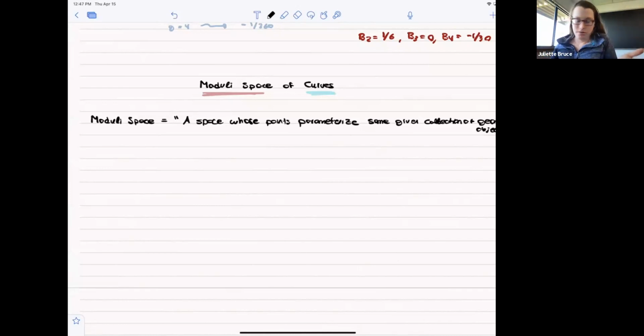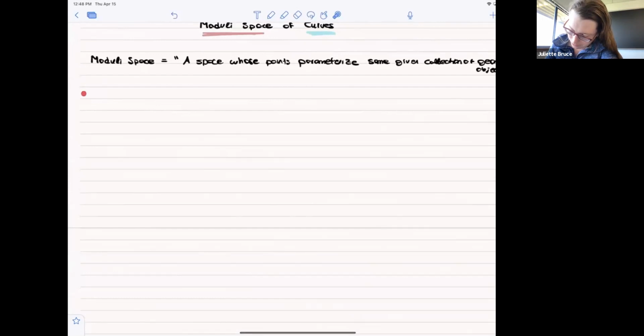And by space, I said the word space here. What do we mean by that? Well, it could be topological, it could be a vector space, it could be a manifold, it could have other algebraic structure. It's just kind of a general framework in the world. And so the example that I want to spend some time on is something that almost ties in to something we were talking about before, which is the moduli space of non-vertical lines